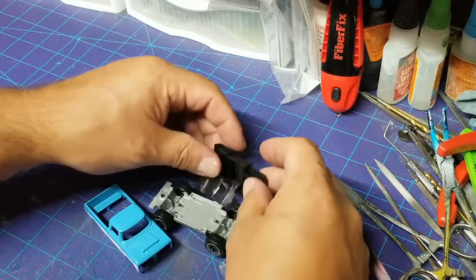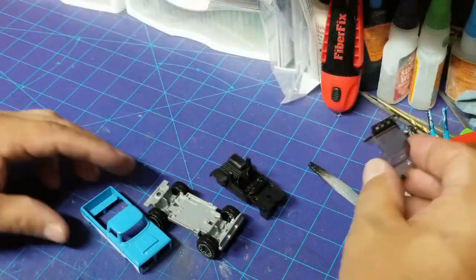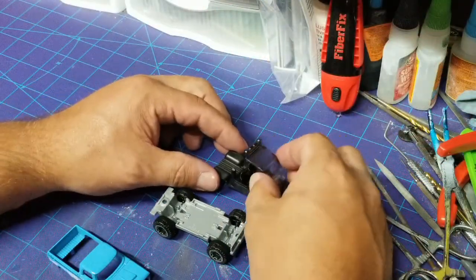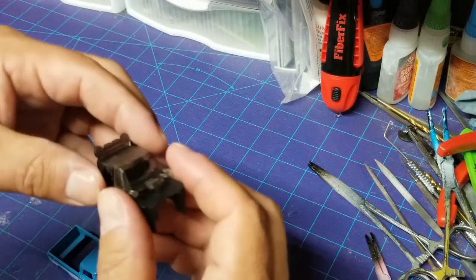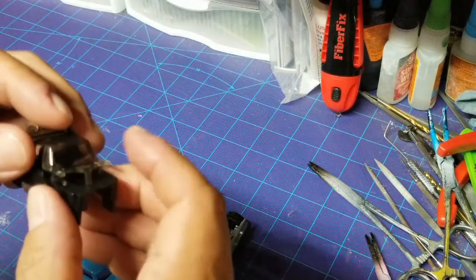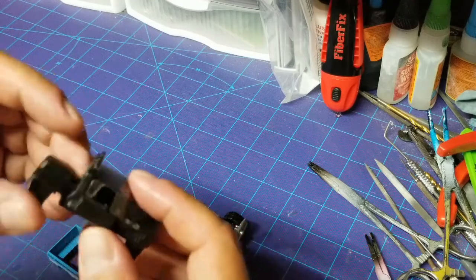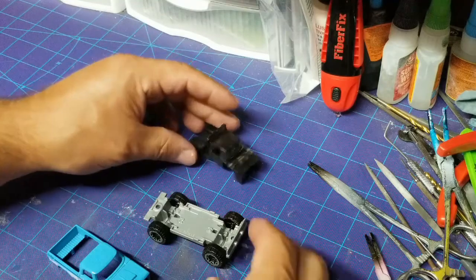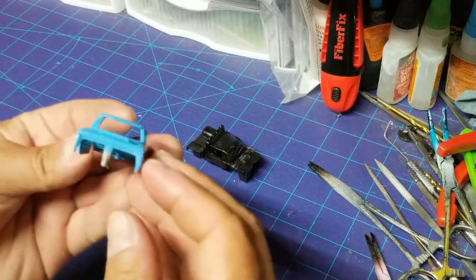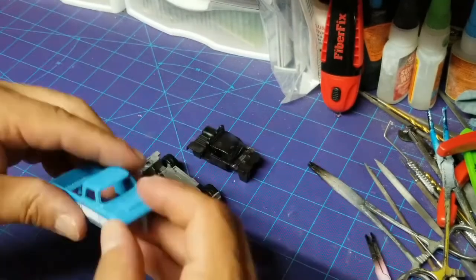So we got a handful of pieces here actually, and the roll bar is kind of an odd deal here because the headlights are molded into the windshield and the rest of the roll bar is molded into the body. But one thing I thought was odd is there's no slanted back part to the roll bar, so we're going to fix that later. But here's our Power Wagon body,